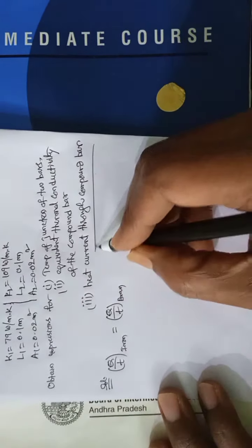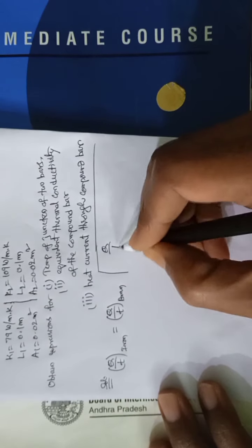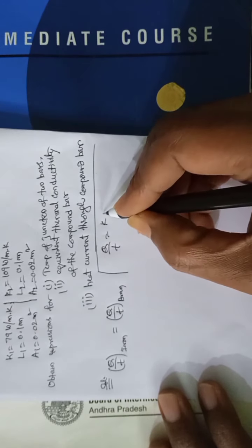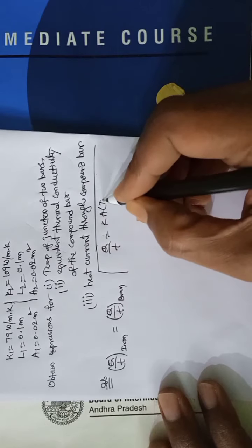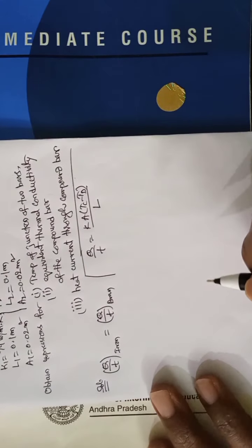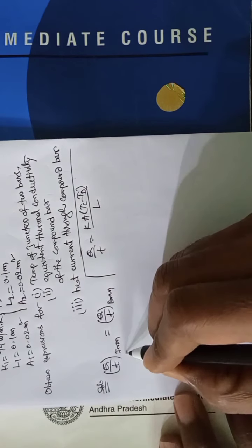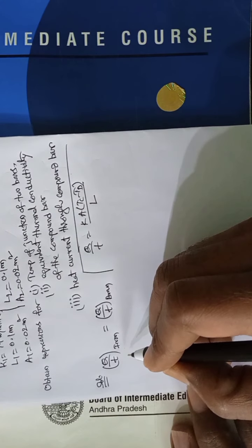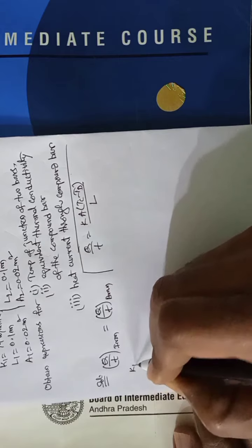The rate of heat flow is Q by t equals K into A into (Tc minus Td) by L. This is the formula. For iron, let us write with all the subscript 1 values, K1, A1,